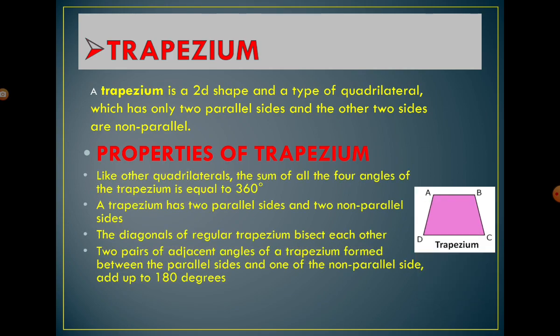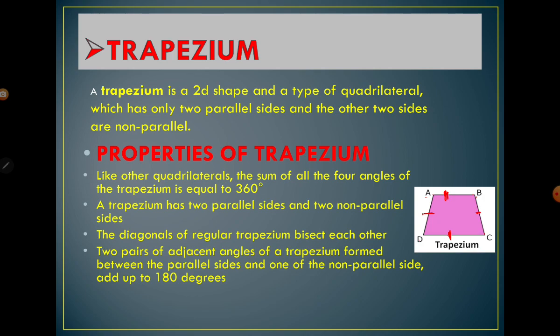What are the properties of a trapezium? Like I have this ABCD, a quadrilateral. So this is a trapezium. We'll see why it is a trapezium. In this type of quadrilateral, only one pair of opposite sides is parallel and the other pair of opposite sides is not parallel. So this one pair, AB and CD, are the parallel sides. One pair should be parallel, and the non-parallel sides AD and BC are the other pair.